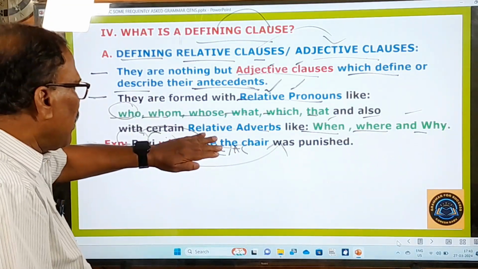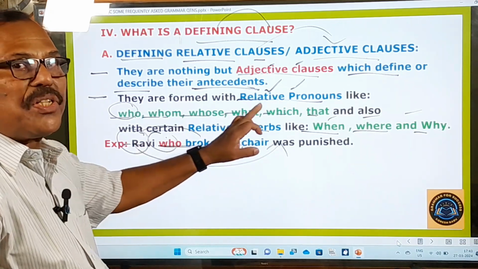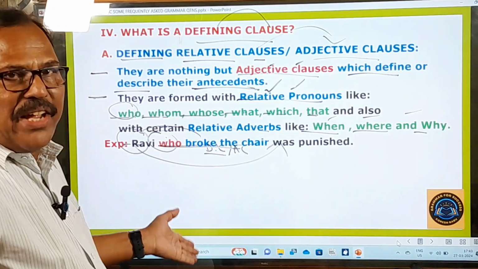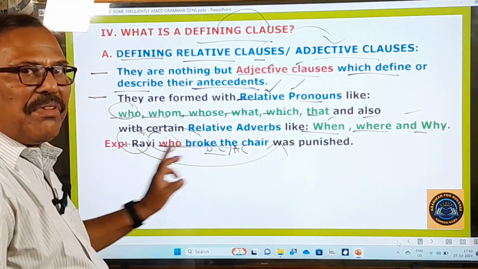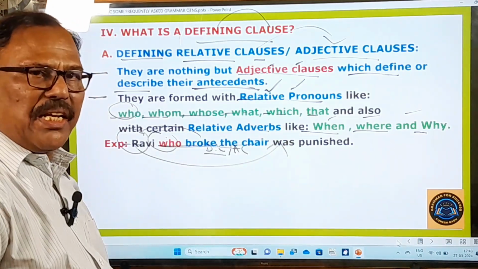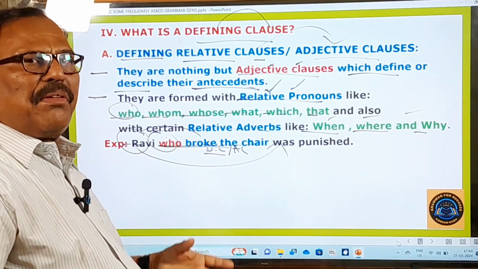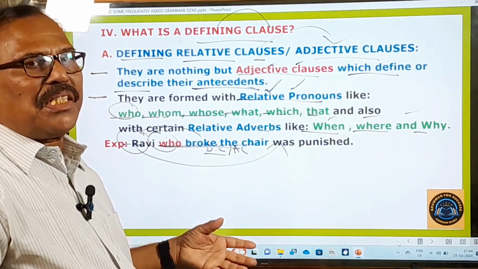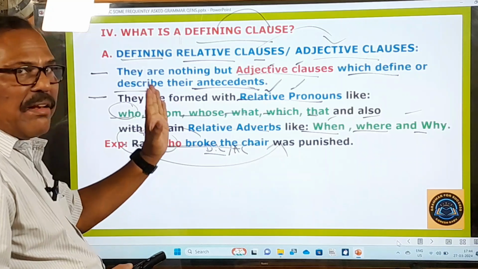So what is this doing? It is describing this Ravi. What kind of Ravi? Who broke the chair? If I don't say this, you can't understand anything. Suppose this is not there: Ravi was punished. What do you understand from this? Do you understand anything from that? What special thing am I telling you in that sentence? No, you can't understand. It's meaningless. If I say Ravi, who broke the chair,